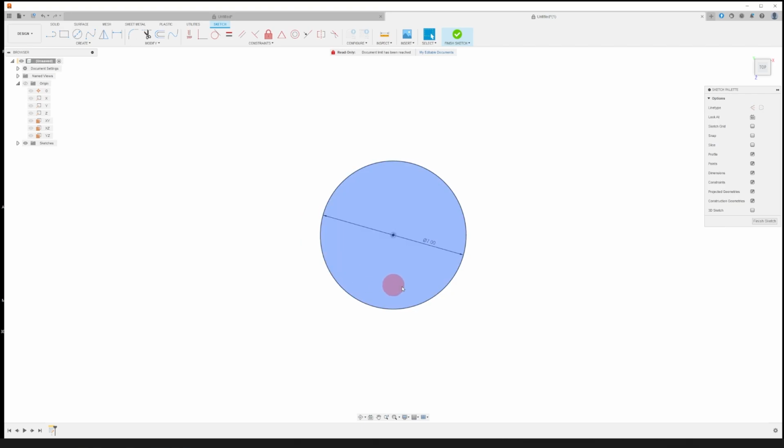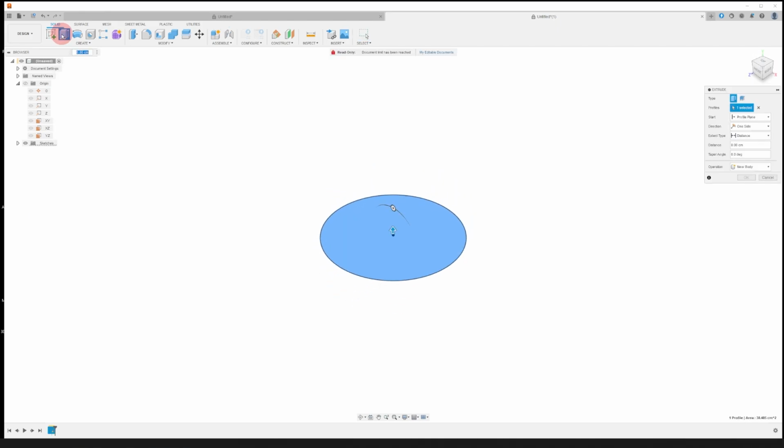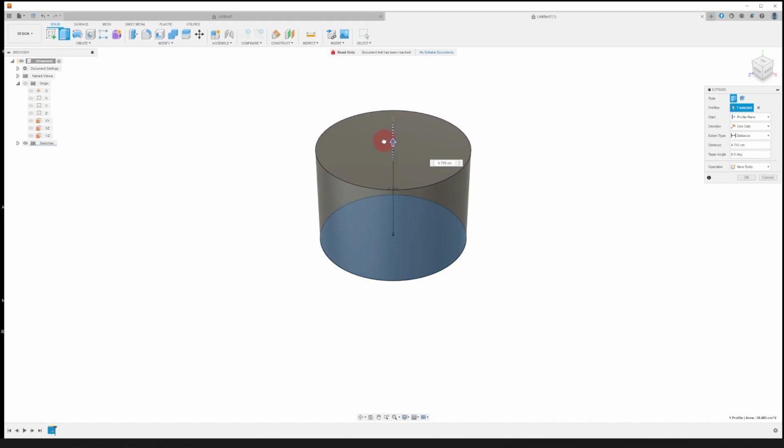So now that we've created this circle, it's a closed shape. And since it's a closed shape, we can create a solid part using this shape. I'm going to come over here and click on this tab that says Solid. And I'm going to click where it says here Extrude. And if I click on this arrow and drag it up, you can see that it's created a solid extrusion